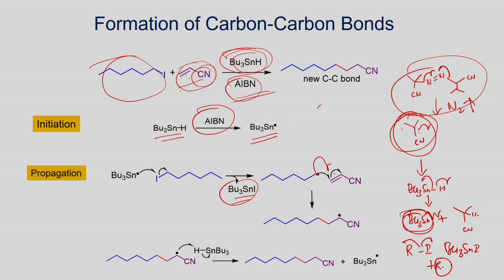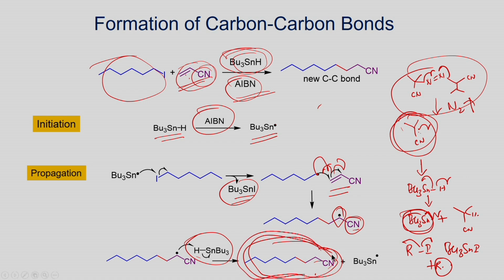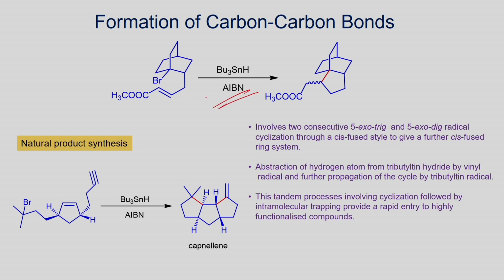Once you form the alkyl radical, it can undergo addition reaction as shown here, and you form the alkyl radical which is stabilized by the nitrile group. This radical can react with tributyl tin hydride as shown here, and you will be able to get the addition product. For example, if you have the alkyl halide, you can make the corresponding nitrile by addition reaction. For example, in this case you have the acrylonitrile, it can be readily reacted, you can get this alkyl nitrile as the product.